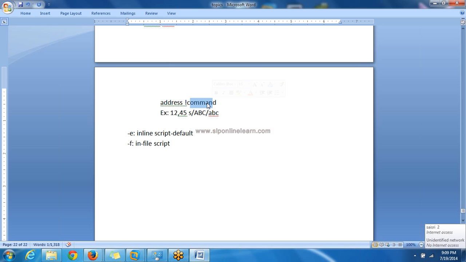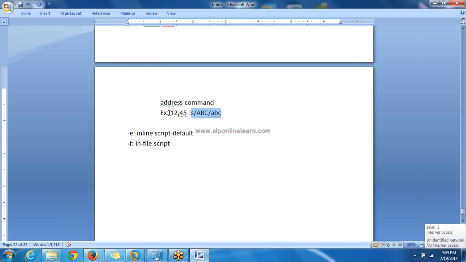So if you use the complement symbol before the command, this command will be executed apart from this address. For the rest of all addresses, this command will be executed. Only on this address, it will not be executed. If you don't use this one, the command will be executed only on the specified address. So with the negation symbol, for the rest of all addresses, this substitute command will be executed.